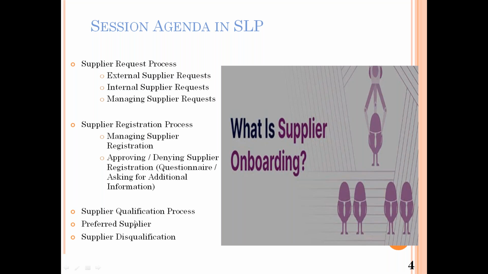So once you have onboarded the supplier, but you want to disqualify that supplier, maybe because of some reason, you can disqualify as well. So that is the supplier disqualification process. So these are the processes which are there: supplier request, registration, qualification, disqualification, and preferred supplier, which are part of the SLP module. Along with this, there is another part of SLP itself that is called SPM, that is